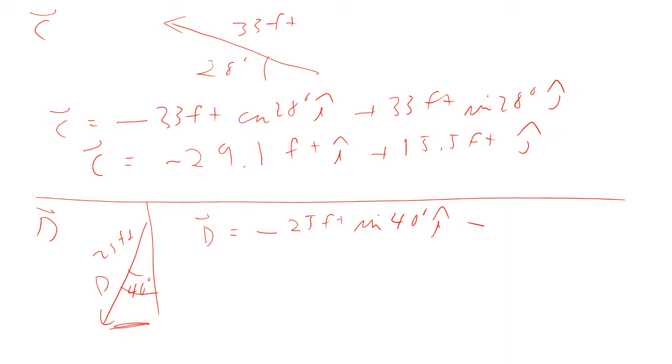So minus 25 feet cosine 40 degrees J. So for the vector D, this is minus 16.1 feet I and minus 16.1 feet